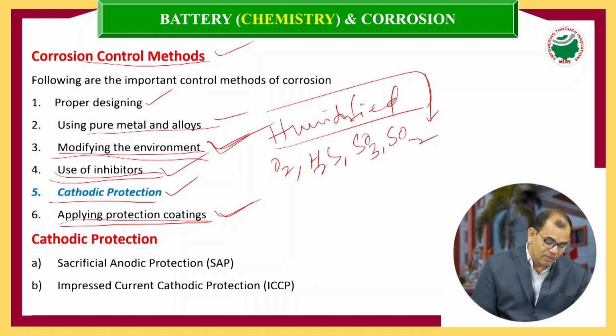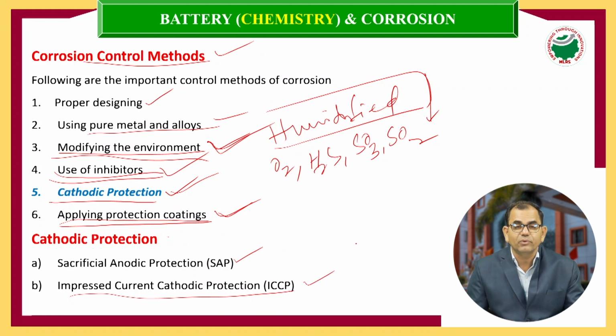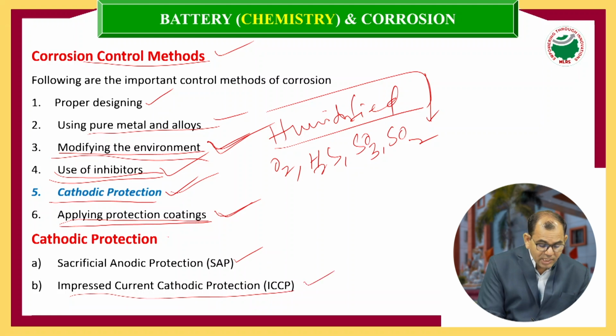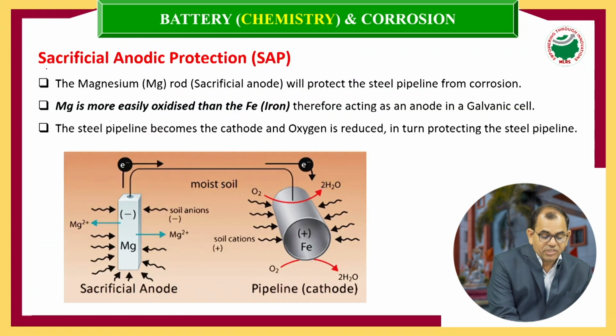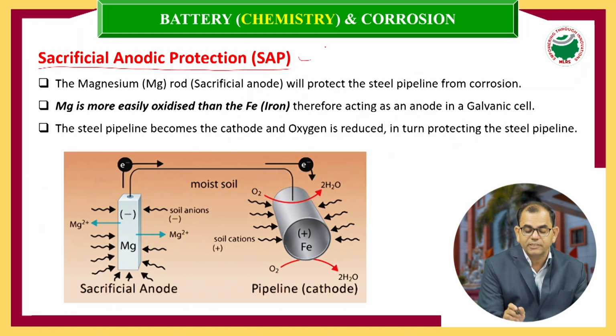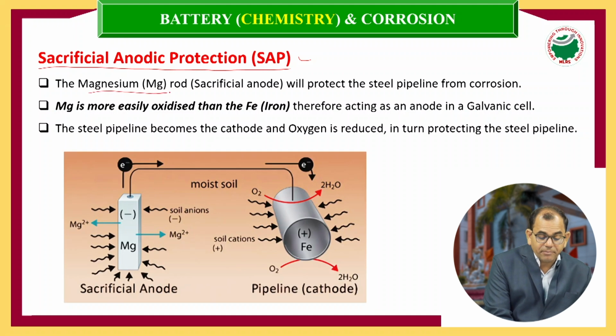Okay. Now, cathodic protection is again categorized into two types: sacrificial anodic protection and ICCP, that is impressed current cathodic protection. Let us see the beauty of this cathodic protection. The first part is sacrificial anodic protection. What is that? The magnesium, Mg,